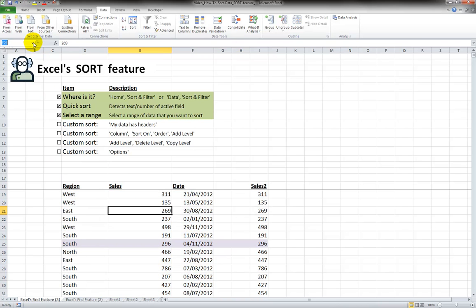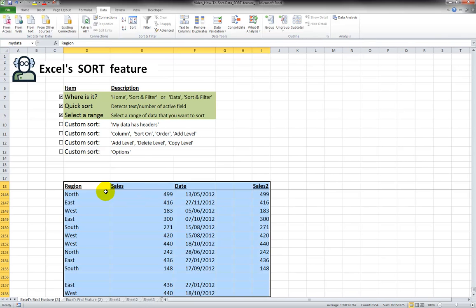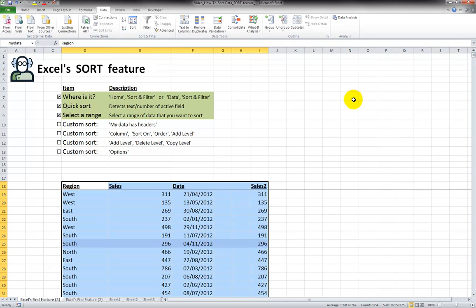So we could go back in here, press this, what I just created, and there's our data range. It's all highlighted all together. So now what we can do is a custom sort. Let's just go back to the top here. Custom sort by pressing this icon,